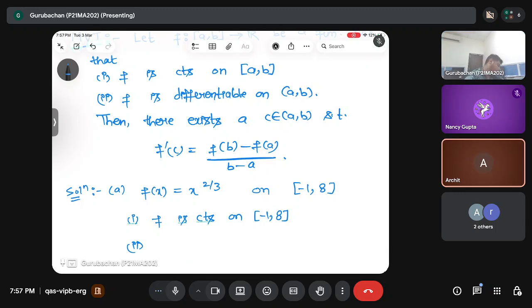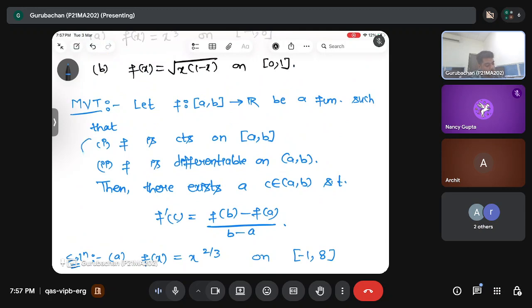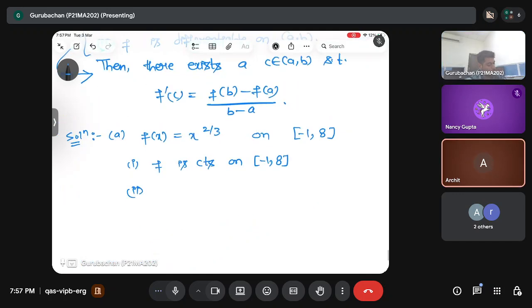Earlier you were saying that it is differentiable. No, sir. I am not saying it is differentiable. I am saying that the theorem is applicable here. These are the hypotheses. If these are satisfied, then you can say the theorem will be applicable. Yes, sir. I got it. So f is not differentiable at